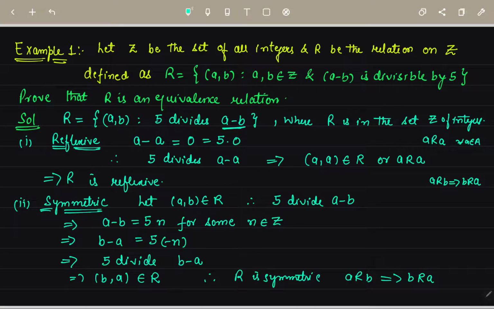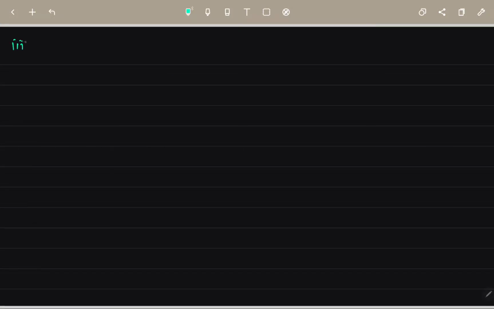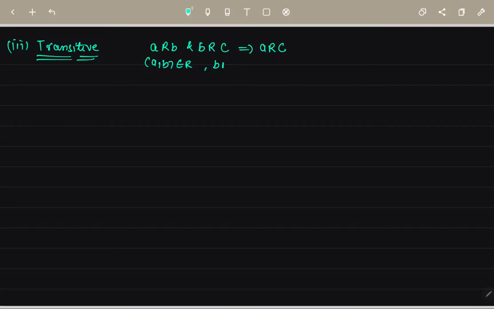अब हमें प्रूव करना है ट्रांजिटिव। सो थर्ड कंडीशन है हमारे पास ट्रांजिटिव। सो ट्रांजिटिव के लिए भी सेम प्रोसीजर हमने करना है। सो ट्रांजिटिव में क्या होता है हमारे पास, अगर ए रिलेट कर रहा है बी से, और बी इज रिलेटेड टू सी, इम्प्लाइज ए किसको रिलेट करेगा, सी को करेगा। सो या आप ऐसे भी लिख सकते हो, अगर ऑर्डर्ड पेयर ए बी आर को बिलोंग कर रहा है, जो बी सी है ऑर्डर्ड पेयर बी सी ये भी आर को बिलोंग कर रहा है, इम्प्लाइज ए सी बिलोंग्स टू आर। तो ये हमारे पास ट्रांजिटिव आ गया।